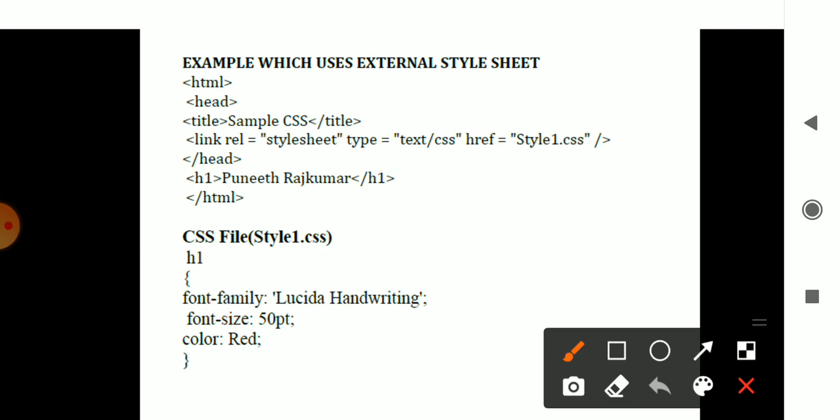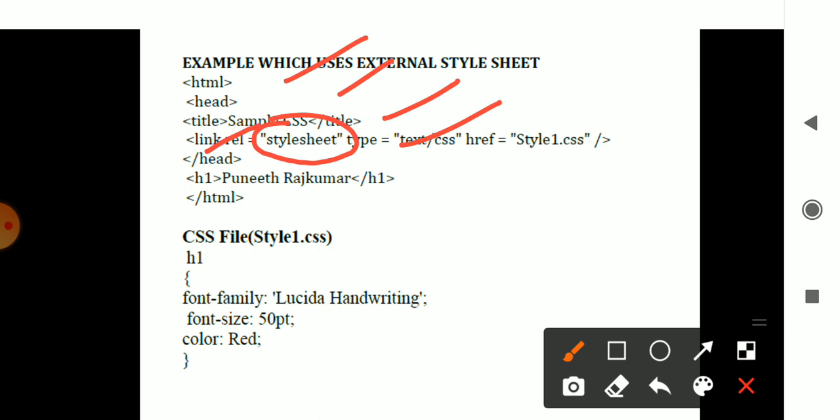Okay, so consider the example given here. You have the HTML head, and the title you can give as sample CSS. A link to the file is provided here, you can check out. Rel, you are getting a link to a style sheet. You are linked to a relationship file called stylesheet, and the type of the file is text.